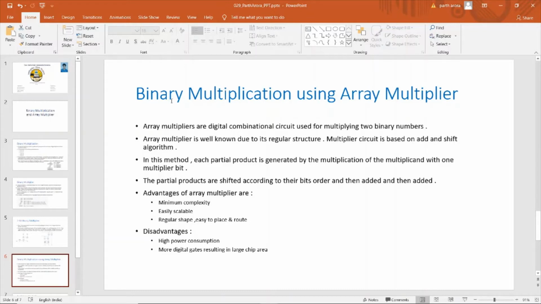Its regular structure is a big advantage, as it is very easy to construct, very easy to scale to larger dimensions, and very easy to route. Basically, its regular structure provides it with many advantages. But as we will soon see, it has its own share of disadvantages as well.